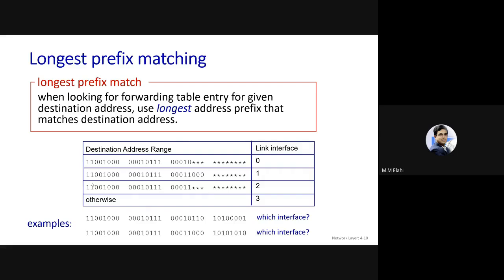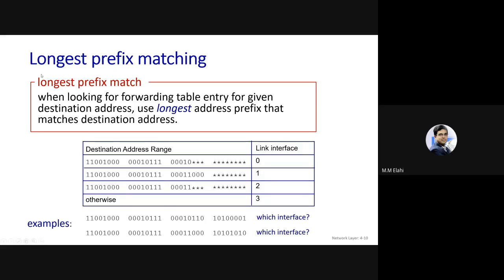Theoretically, if multiple entries match for a particular packet, then it will forward to the interface of the entry with which more bits match. So you can see, the second example matches with the second entry, 24 bits, and for the third entry, 21 bits match here. So both match, but